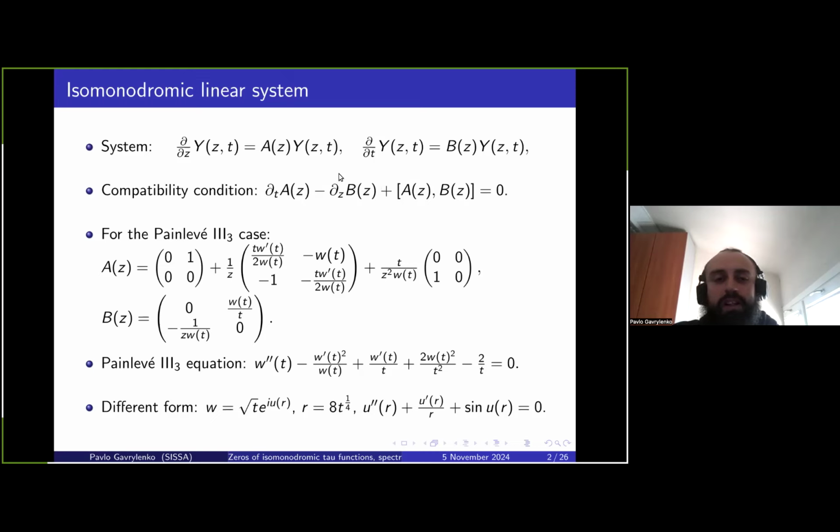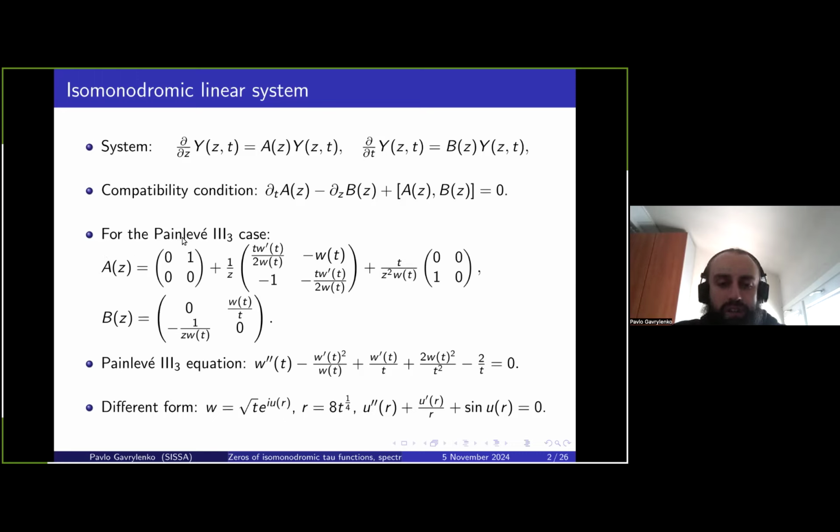But in this isomonodromic setting, we also have a derivative of B in z. So, for example, because of this term, the characteristic polynomial of A is not invariant under this evolution anymore. And to be absolutely concrete,